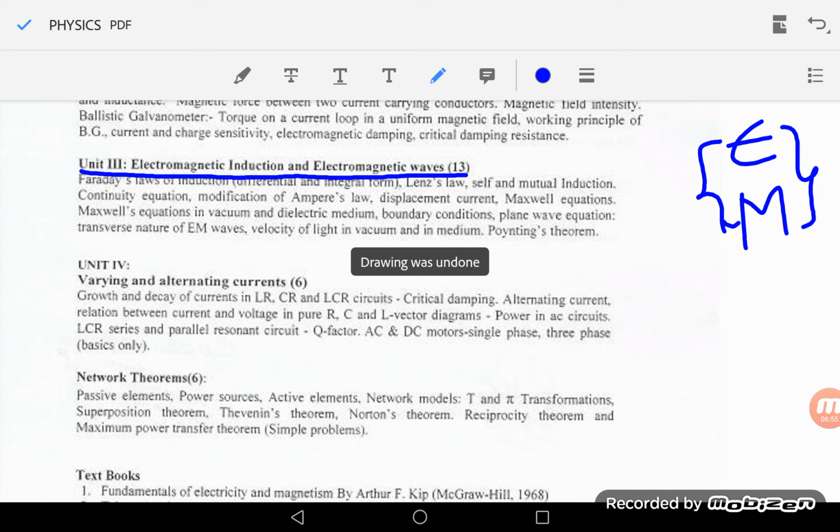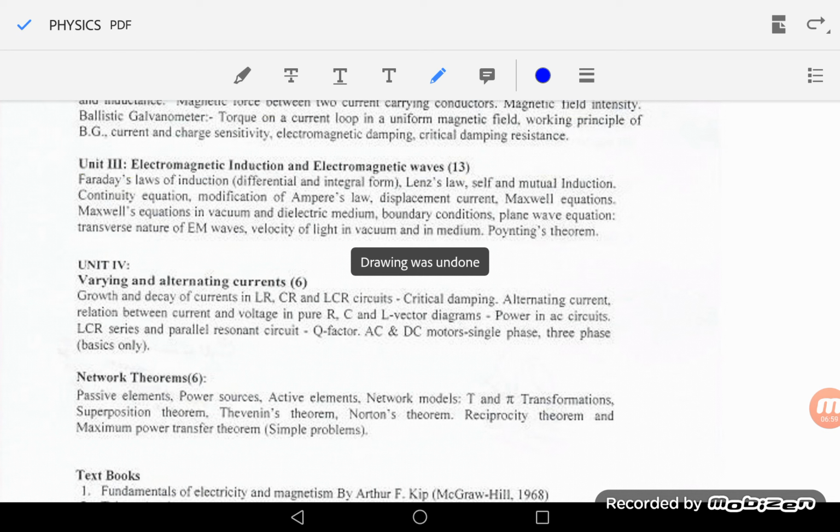Okay, in this unit 3 we have the famous and easiest laws, Faraday's law, and again Lenz's law. Again, what induction is there, what type, self-induction or mutual induction, appears between the magnetic field and electric field, and Ampere's law modification, the Maxwell equations, and what the boundary conditions are. So how the Maxwell equations change in vacuum as well as in a dielectric medium, and mainly